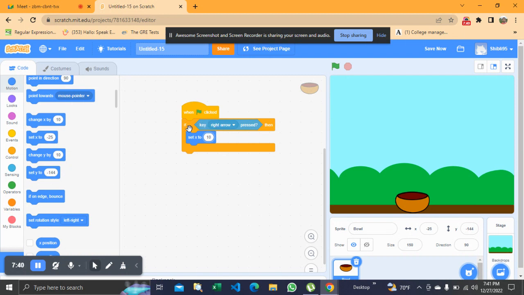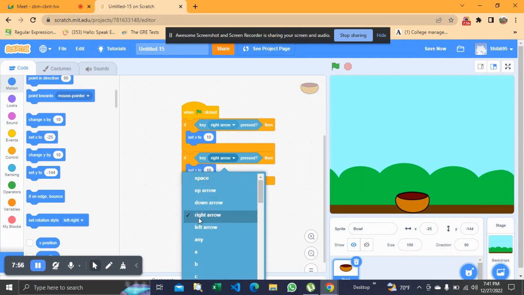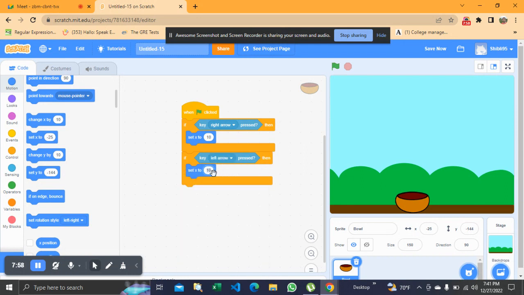We'll do the same thing for the left side. Just copy the code and paste it here, Control C, Control V, and we just change right to left here, and the value must be negative